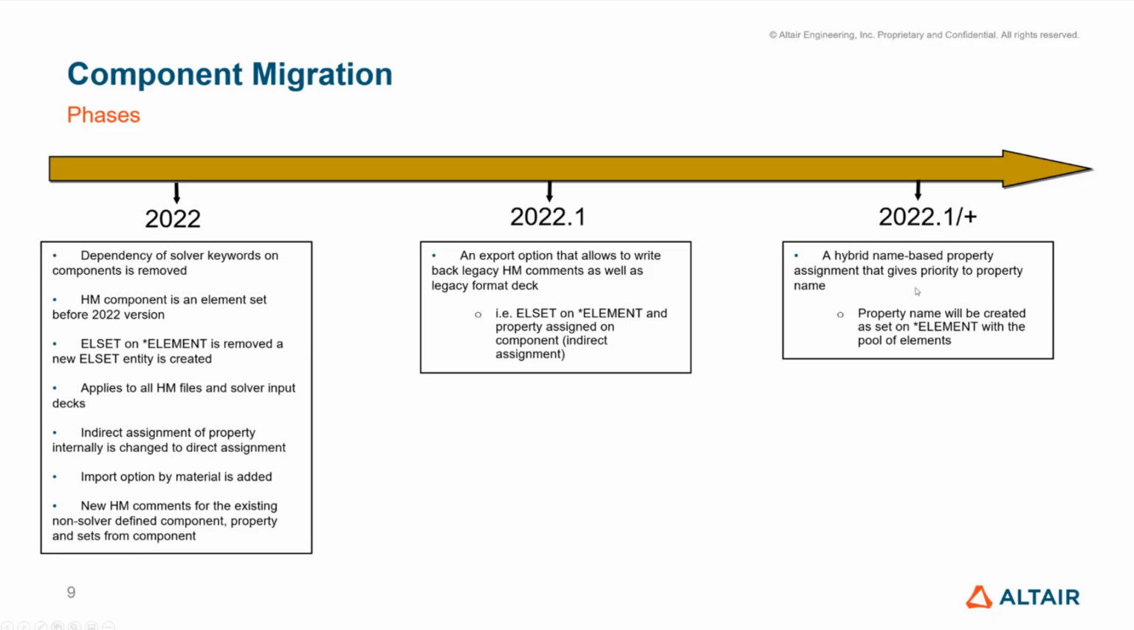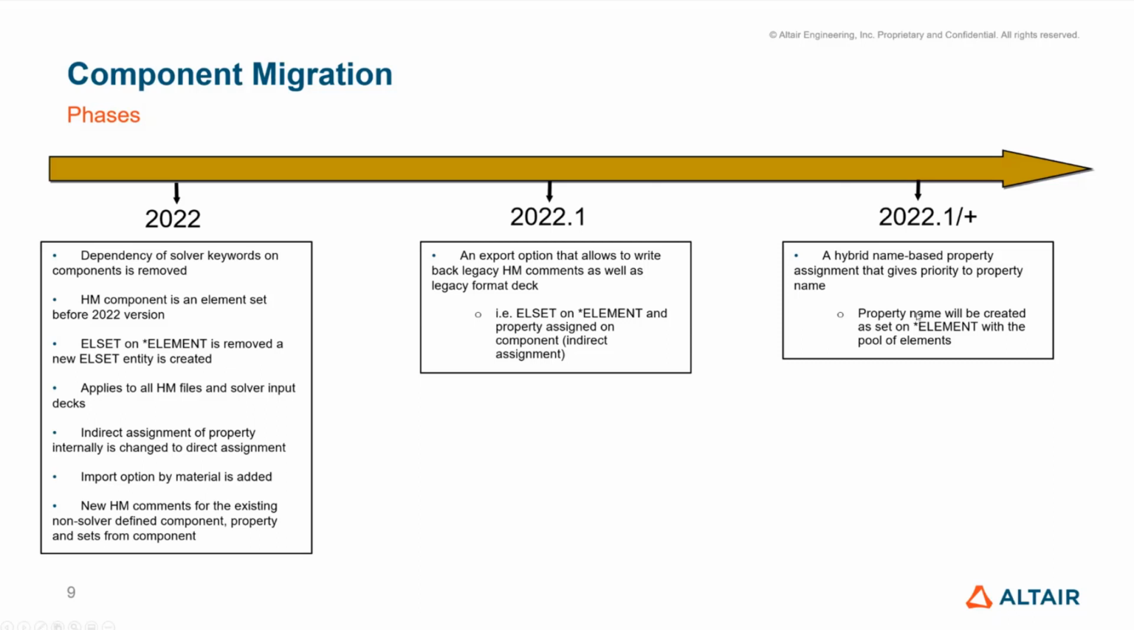One more phase, the phase three. It's a work in progress. It probably can make it to .1 still, but as the development continues, we might have to see how it goes. This is a hybrid-based approach, wherein there is going to be a property name, right? In the HM session, when you create a property, there is a property name. And when you do a direct assignment of that property on the set of elements,